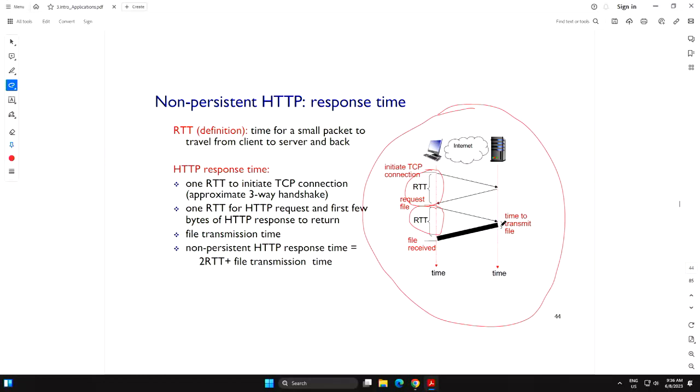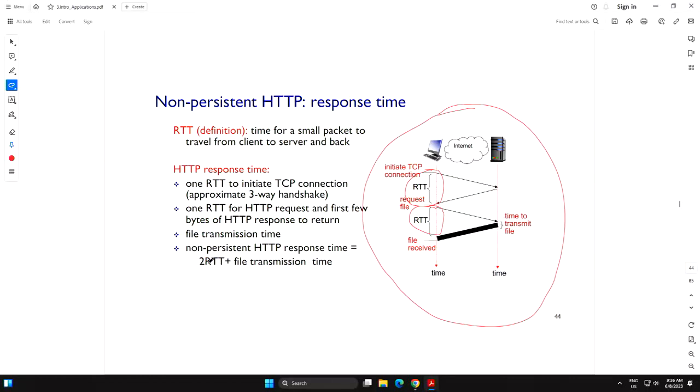It's called the transmission time. We have already seen the definition of the transmission time in the context of a packet. Here it is in the context of the file. So you have to add that up, because if the file is big, then the transmission time will be significant. But as you can see in this picture, it's very small because this is just the initial file.